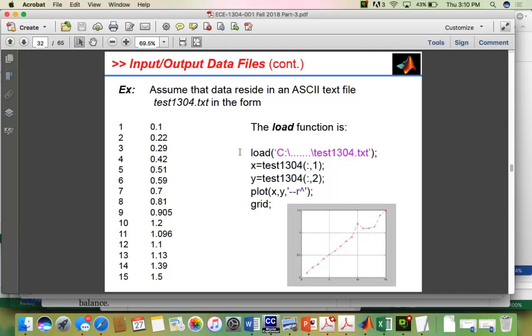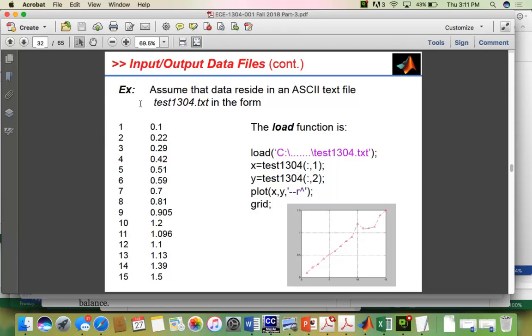So basically if we take every row in the first column and every row in the second column, assign the first set of rows to X and the second set of rows to Y,